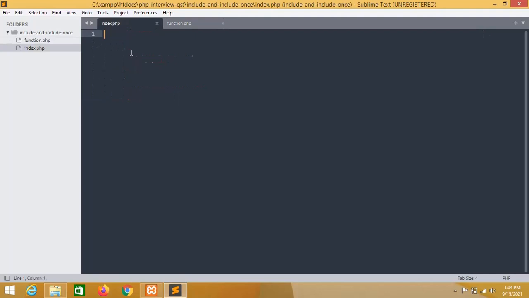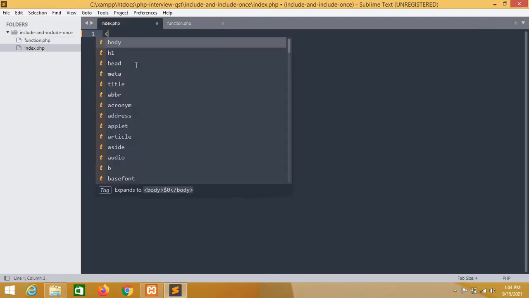And now in the index.php page, first I want to include the function.php page in my index.php page.